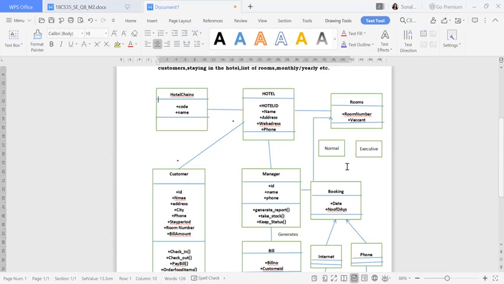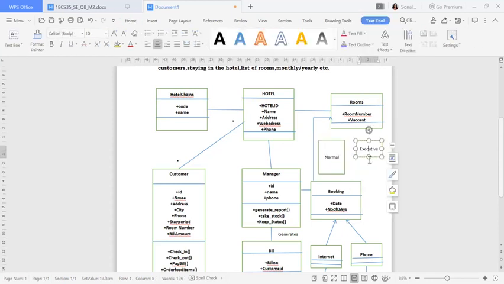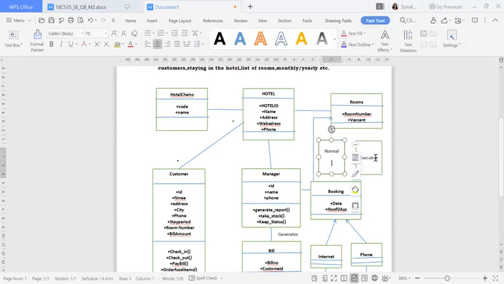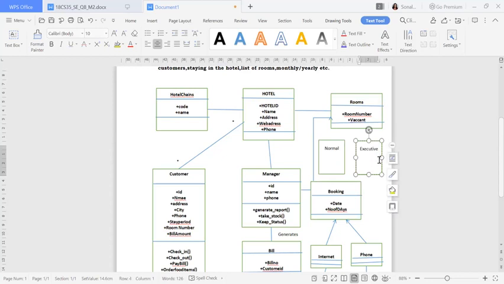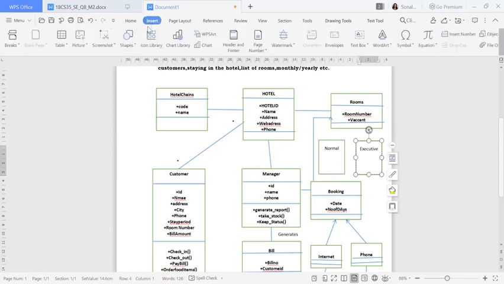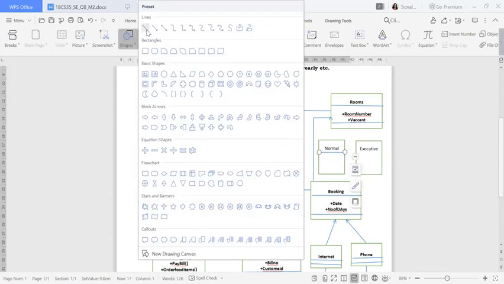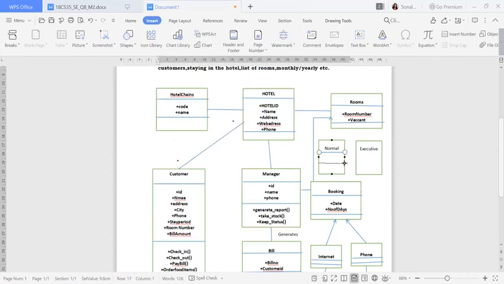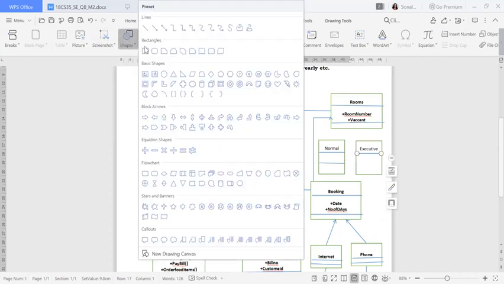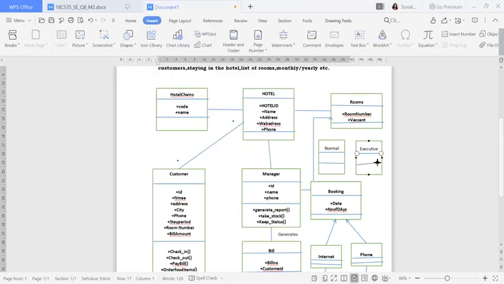You need to add the attributes also in this. I will separate it because this is normal. If you want to add any attribute names or function names, you can add. For executive also, you can write whether it is AC or non-AC. So I have separated it.